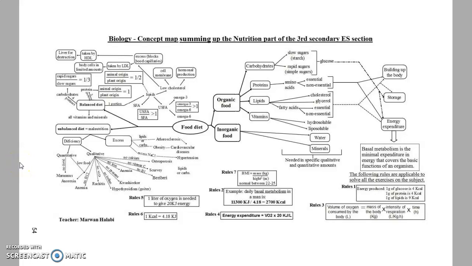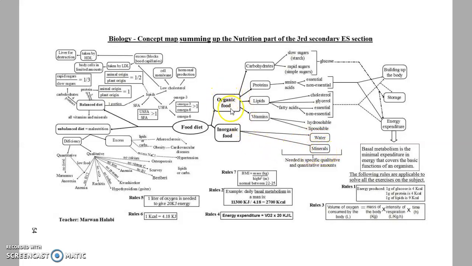Hello, learners. Today we are going to show you a concept map summing up the nutrition part of the third secondary ES section. First of all, normal food diet is divided into two main categories, organic food and inorganic one. The inorganic food category is divided into water and minerals,